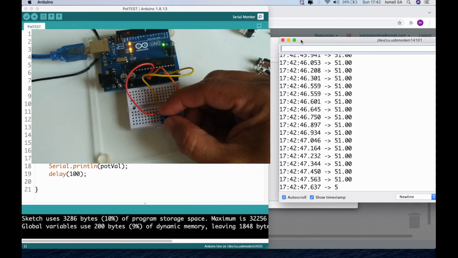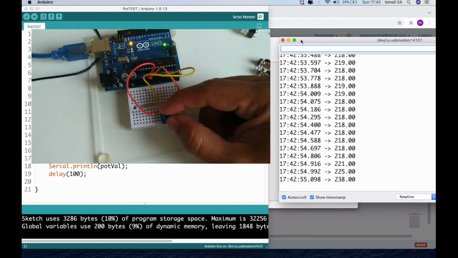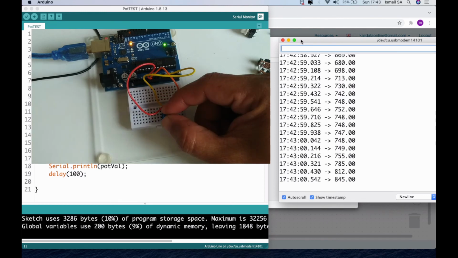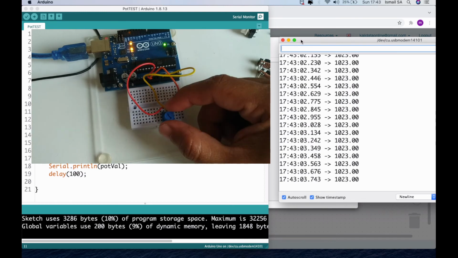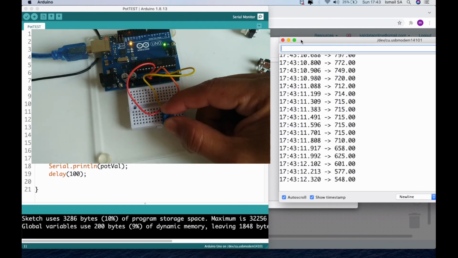So you can see when I turn to the right side on my finger over there, the potentiometer is going to read up until the maximum ADC, analog digital converter, value of 1023. So 1023 is the number of steps where we can use the potentiometer to control whatever devices we have in mind.